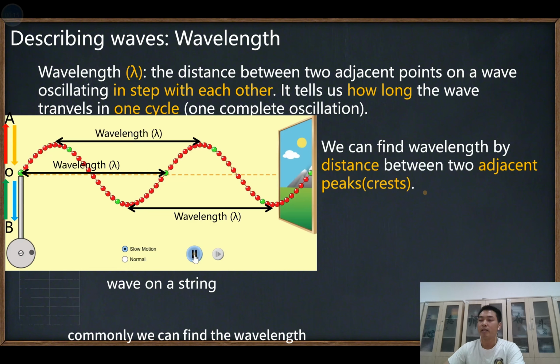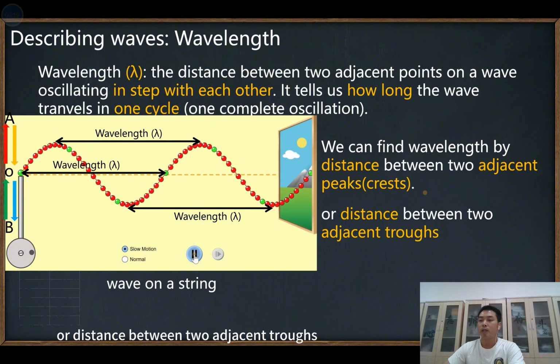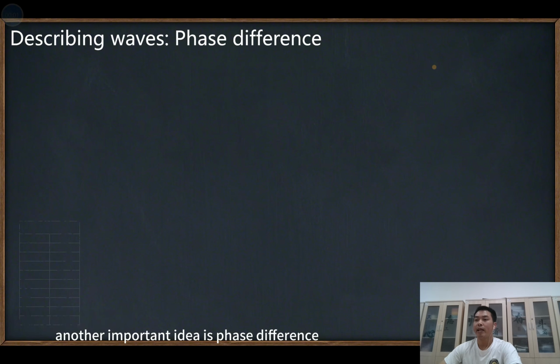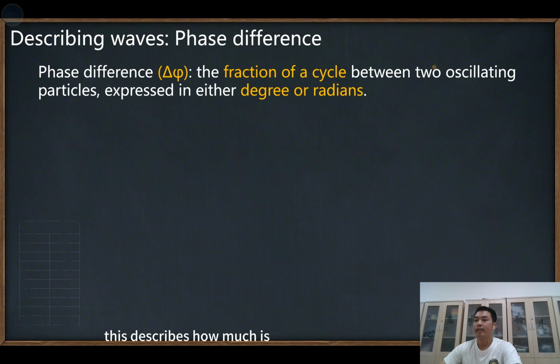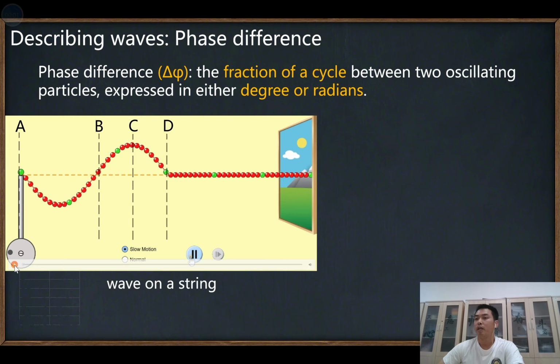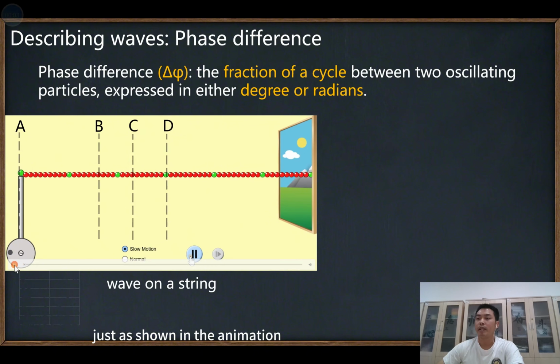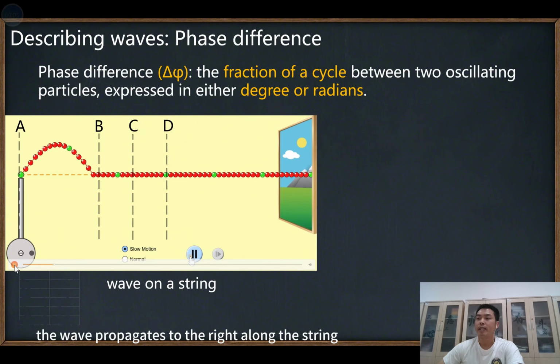Commonly, we can find the wavelength by the distance between two adjacent peaks, or the distance between two adjacent troughs, just as shown in the figure. Another important idea is phase difference. This describes how much one particle is leading or lagging the other particle in the wave, expressed in either degrees or radians. Just as shown in the animation, starting from point A, the wave propagates to the right along the